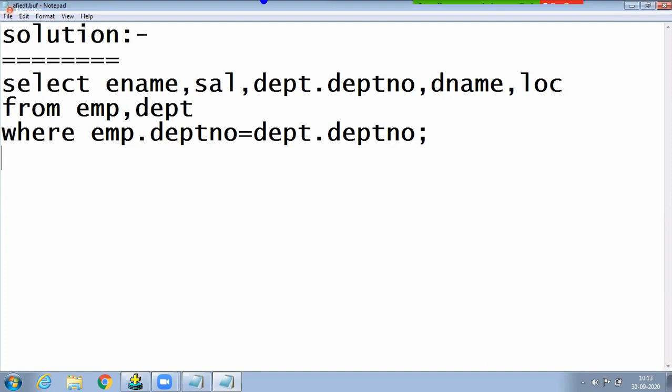Everyone underline DEPT dot or EMP dot. I am just writing DEPT dot, because some other concept is there. Solution: select ename, salary, DEPT dot department number or EMP dot department number, anything, but it is better to write DEPT dot department number, because some concept is there. dname, location from EMP, DEPT where EMP dot department number is equal to DEPT dot department number.